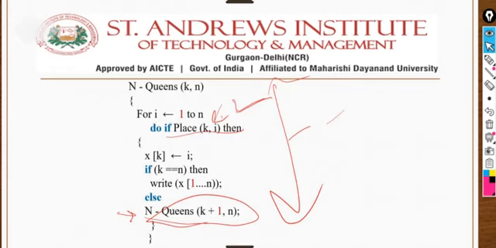So I hope it is clear to all of you. In the next lecture we will start branch and bound. Up to now we have covered backtracking. What is the difference between branch and bound and backtracking, we've already discussed, and we will also discuss it deeply in the upcoming lecture. Backtracking follows the depth first search approach, and branch and bound follows the breadth first approach. So that is also a difference between them.